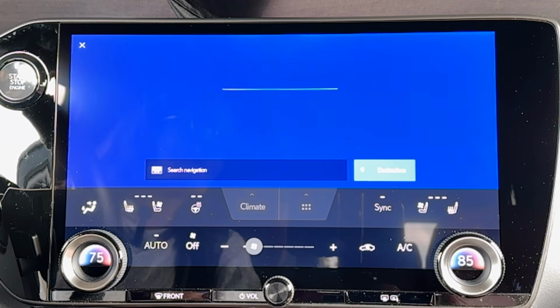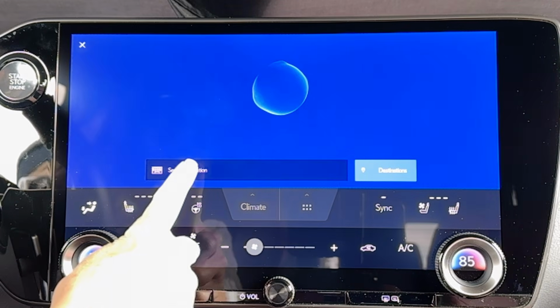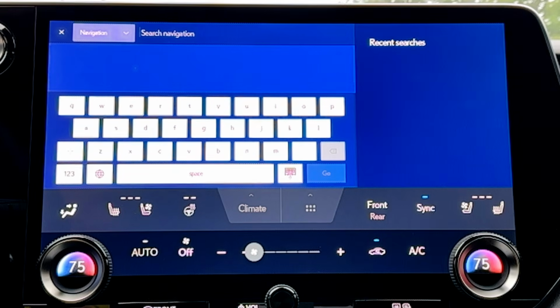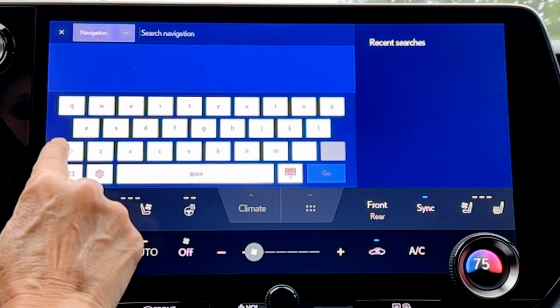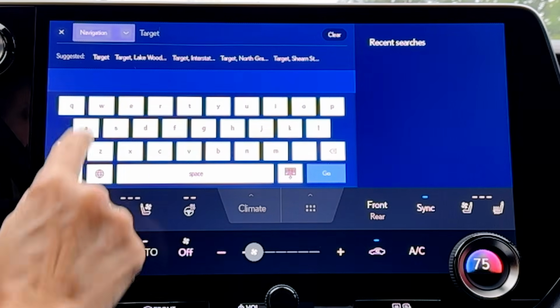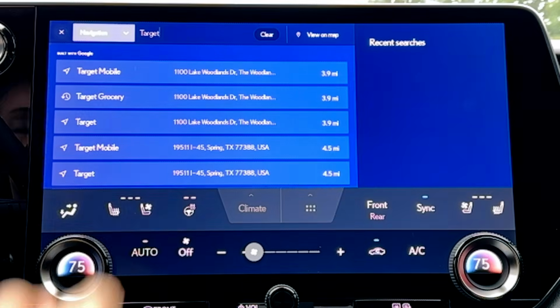You'll see a tiny keyboard icon, but you can tap anywhere along the bottom bar to open up the keyboard on screen. For navigation search, you can begin to type in a search, select from the suggested items list,